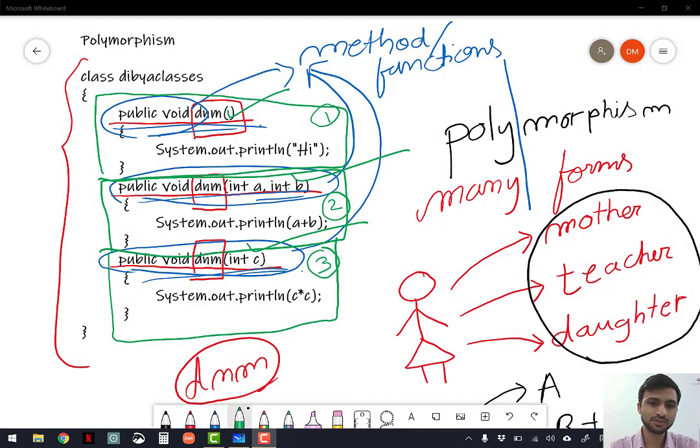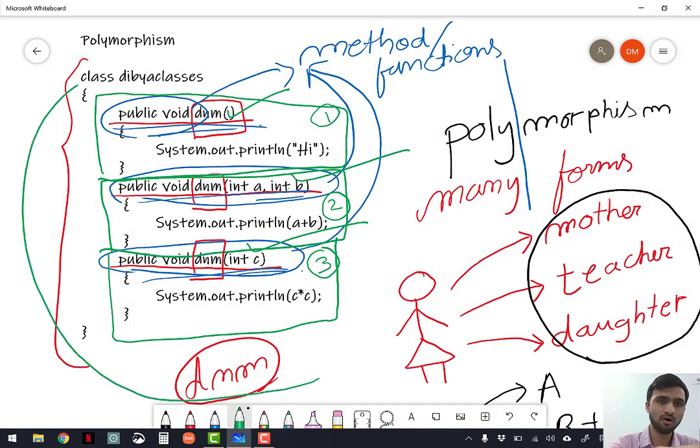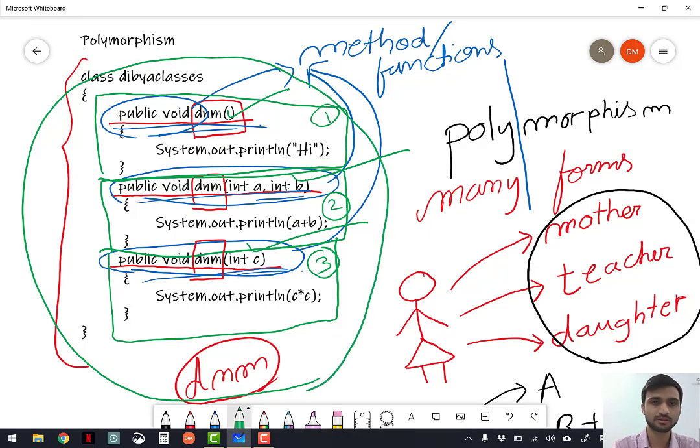And you should also see that all these 3 functions, that is DNM, DNM int A, int B, and DNM int C, are present inside one class, that is Divya Classes, as the definition says.